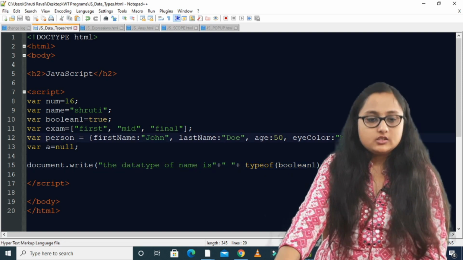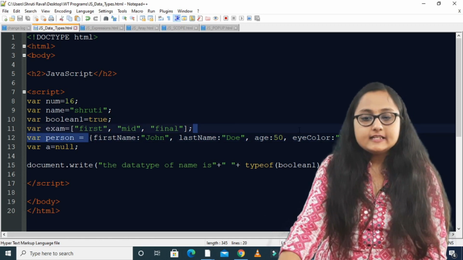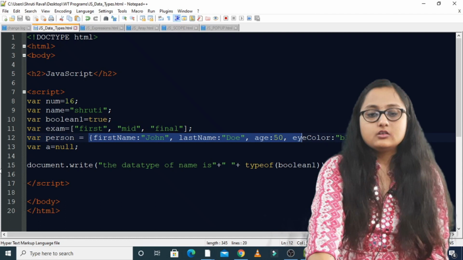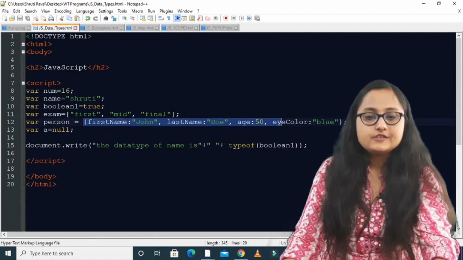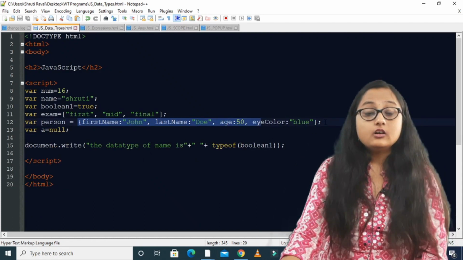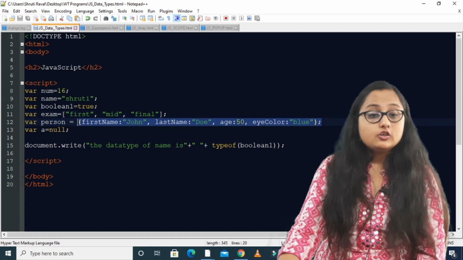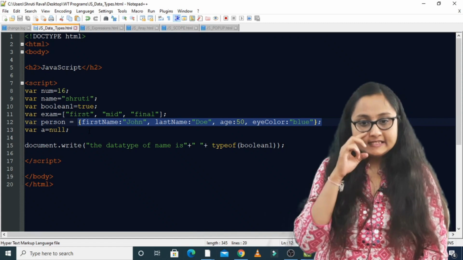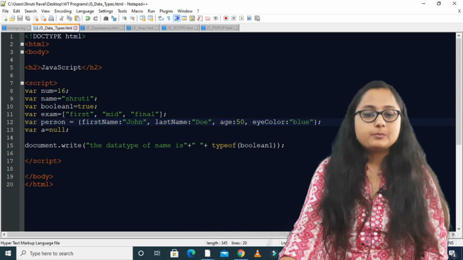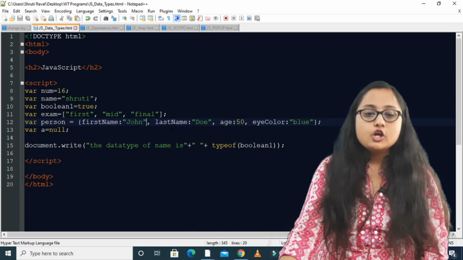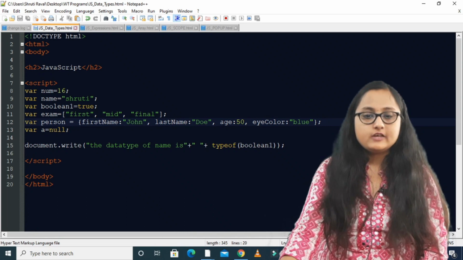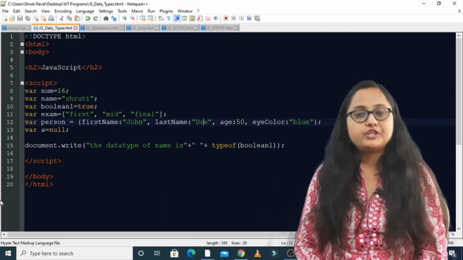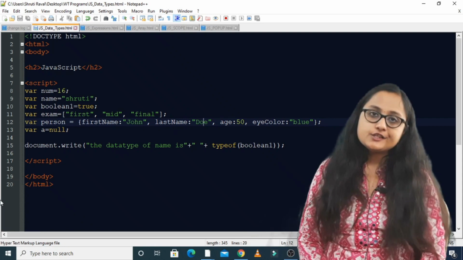Similarly, the last variable person which I have assigned over here, this syntax is for an object, right? So whenever you have curly braces, and inside the curly braces you have property name colon property value, comma, property name colon property value, comma, property name colon property value, this is the syntax of an object.